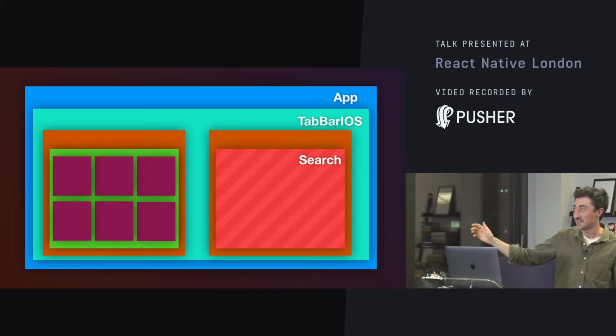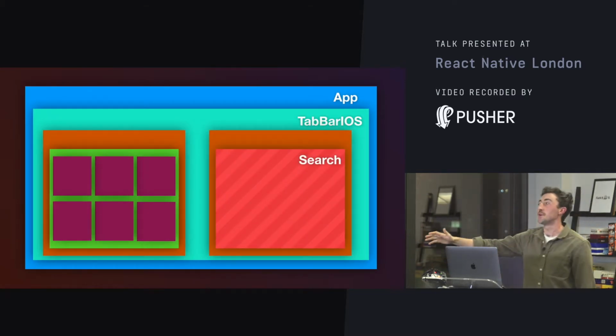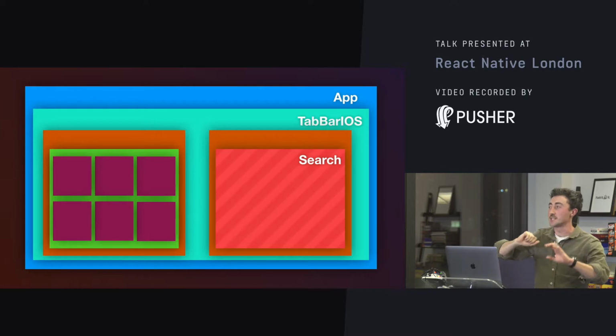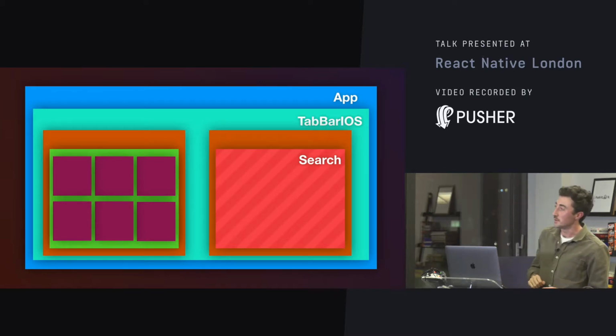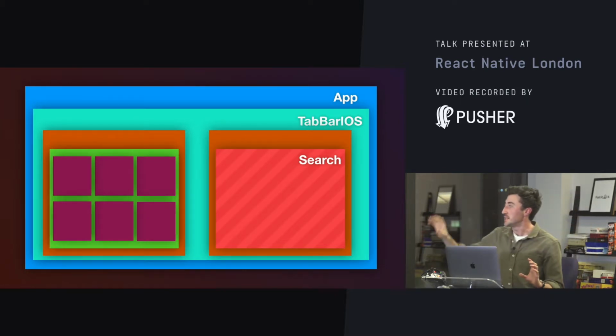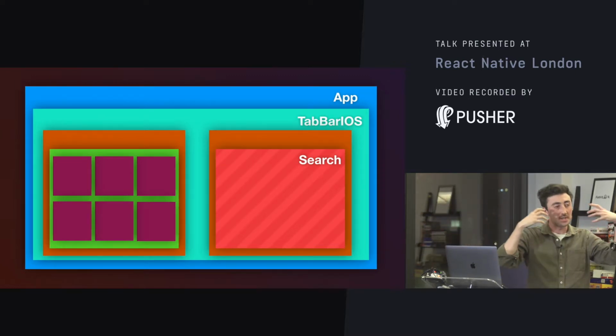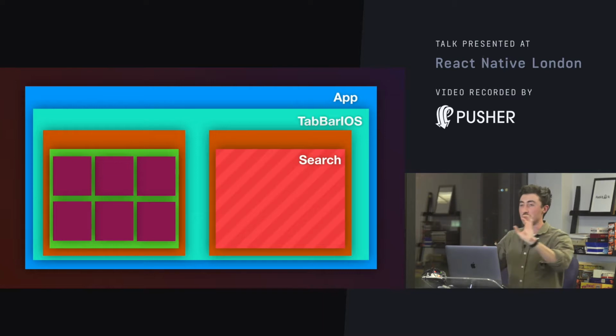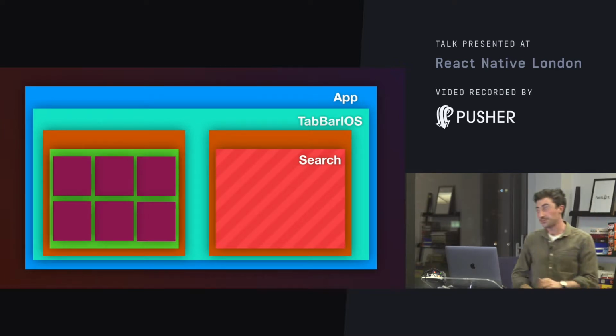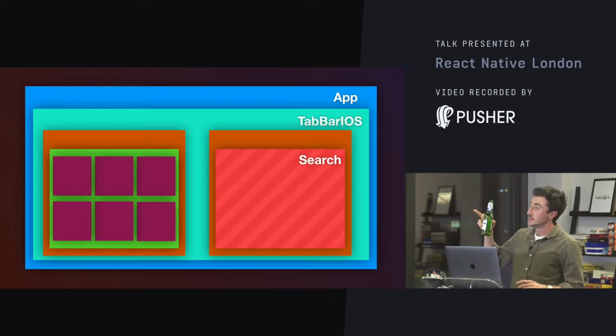Then we're going to add our native search component here. Right now, it's just that text. That contrast isn't that great. The idea is this search is striped, and anything that's striped means it's going to be native, and everything that's a block means it's something that we're making in JavaScript. So now we're going to talk for a little while about how we're going to make that native search component,